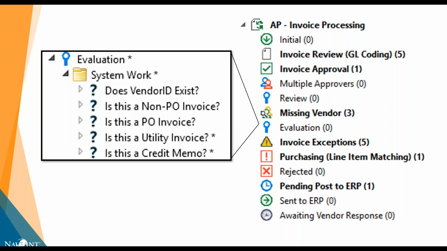So what kind of decisions might be taking place inside this evaluation queue? It could be things like, do I understand the vendor associated with this invoice, and is that vendor in my vendor master in my ERP? Is this an invoice that requires me to gather additional information from the purchasing party in other parts of the organization? Maybe do I have a purchase order associated with this invoice that tells me that the invoice is for the right thing and the right amount, and I can just move forward, and so on and so forth. The results of this evaluation will indicate whether or not we're on the happy path or if we need to stop.